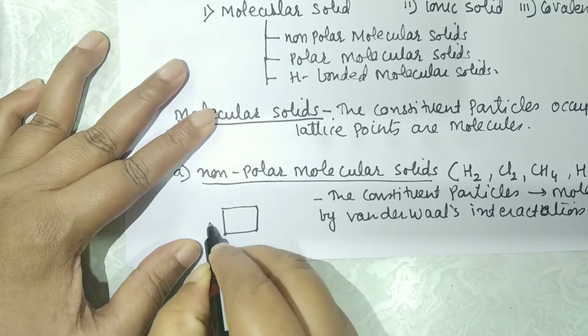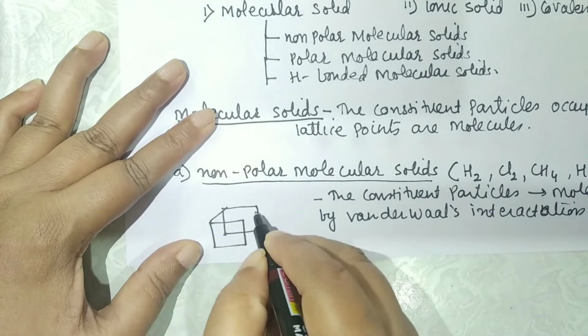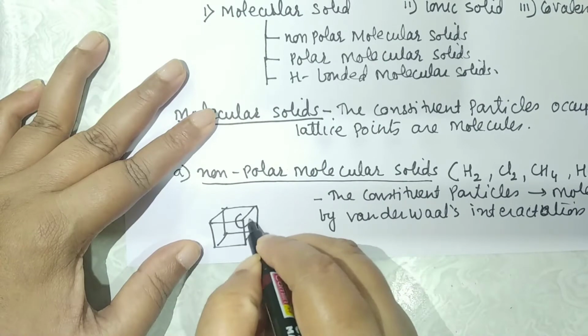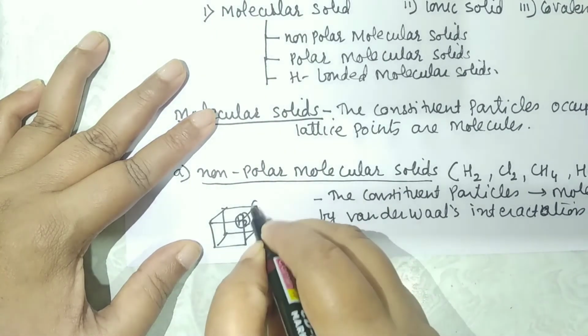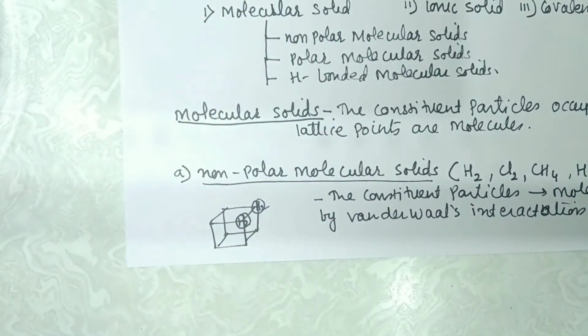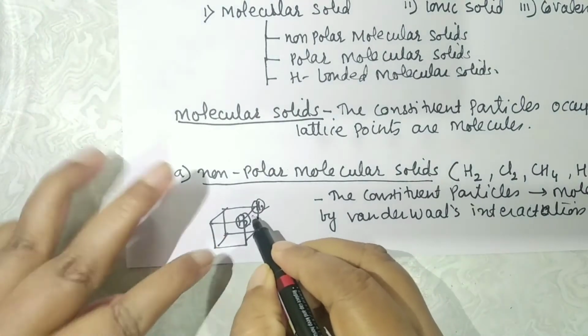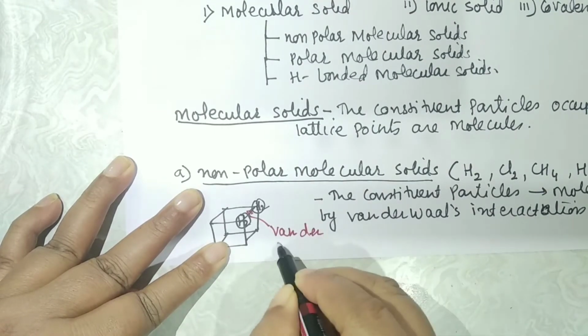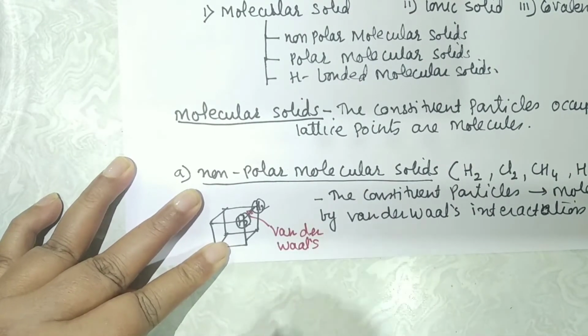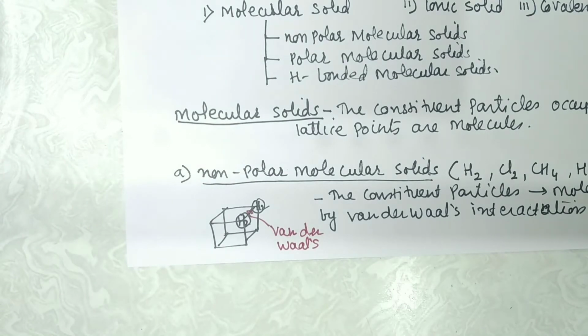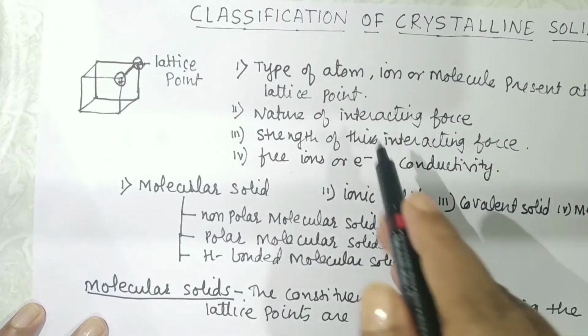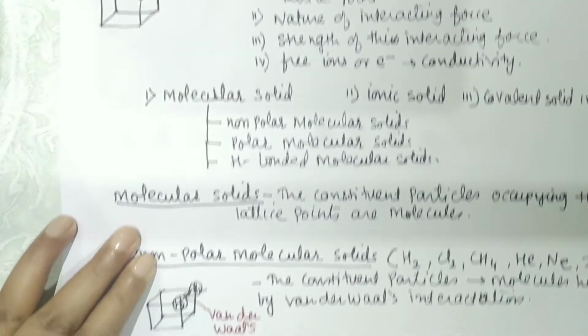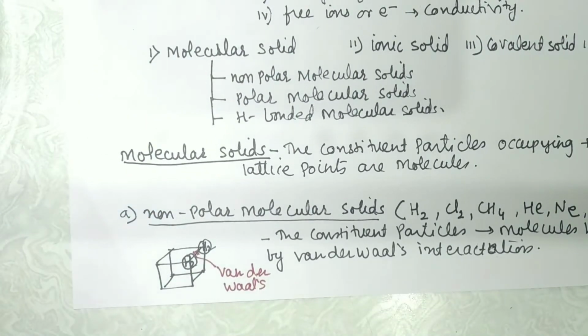If I want to show the iodine molecule or hydrogen molecule, accordingly you have to place the molecules here. I'll take hydrogen. This is hydrogen. Now, what the intermolecular interaction here means, this particular bond, this is van der Waals interaction. You know, students, that van der Waals interactions are very, very weak. So when the interactions are weak, as I said, you have to go for the strength of the bond. If the interactions are very weak, the crystal will be soft.